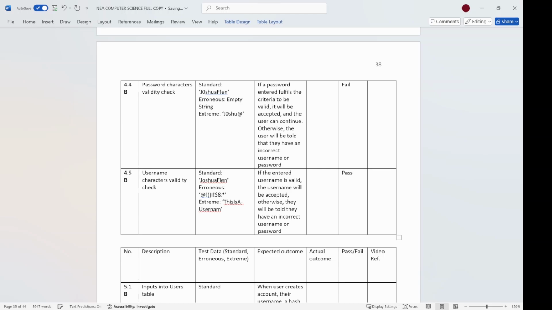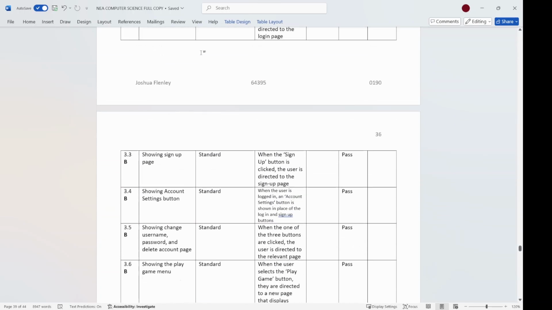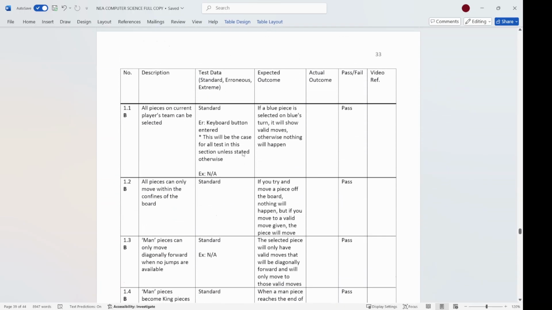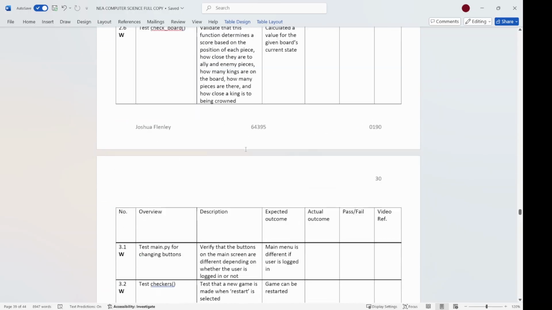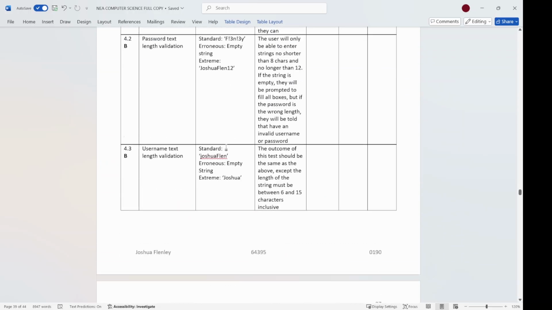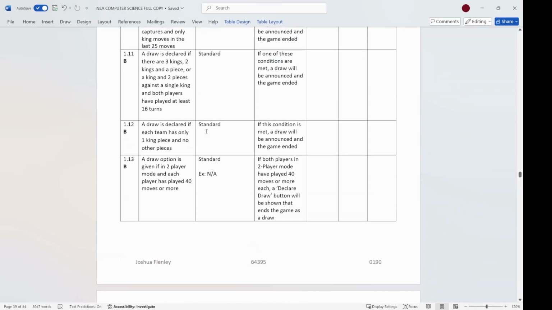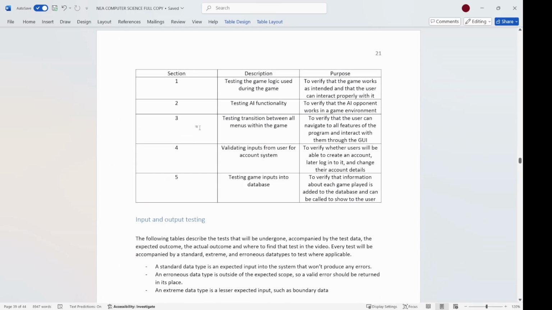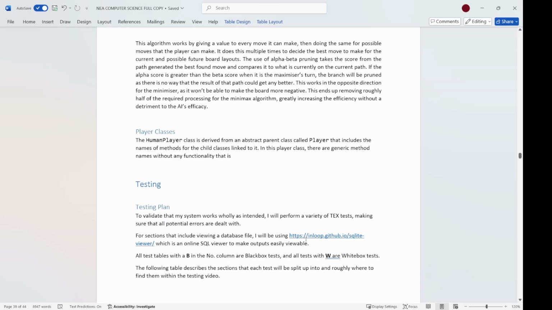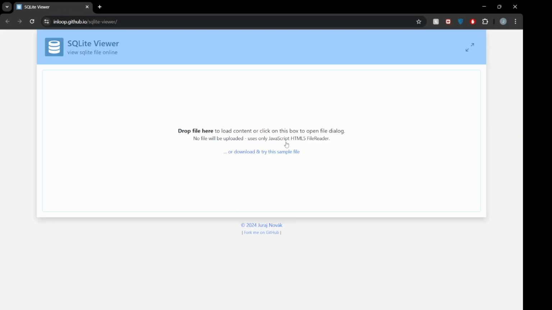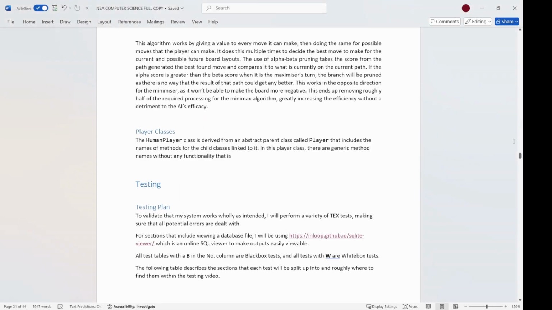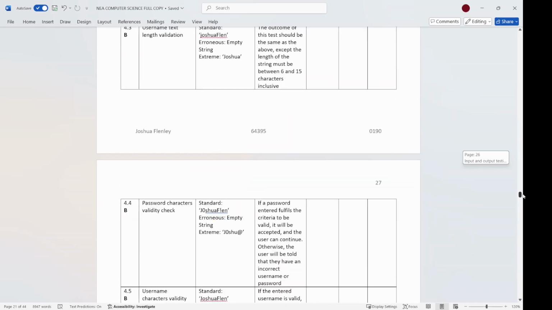For the final testing section, I will be looking at the inputs into the database from the login system and the game. For all these tests, I will use the SQLite table viewer that I found online, for which a link had been provided at the top of the testing section, which I will show now quickly. It is here, so if I click on this link, it will take me to the SQLite viewer. Now if I return to the tests,